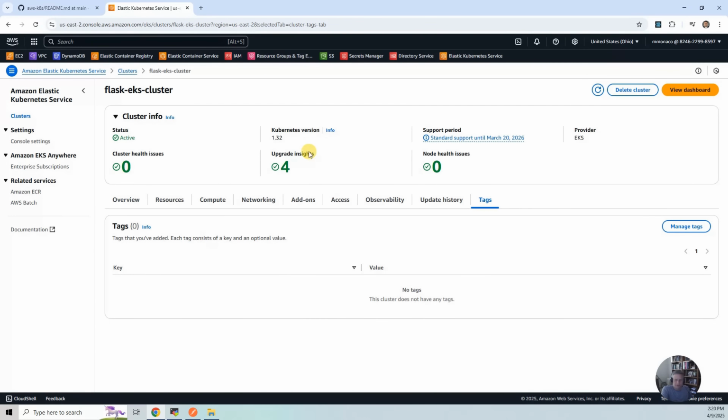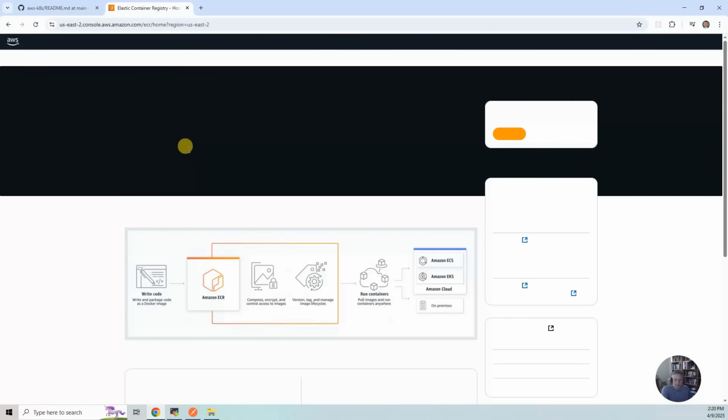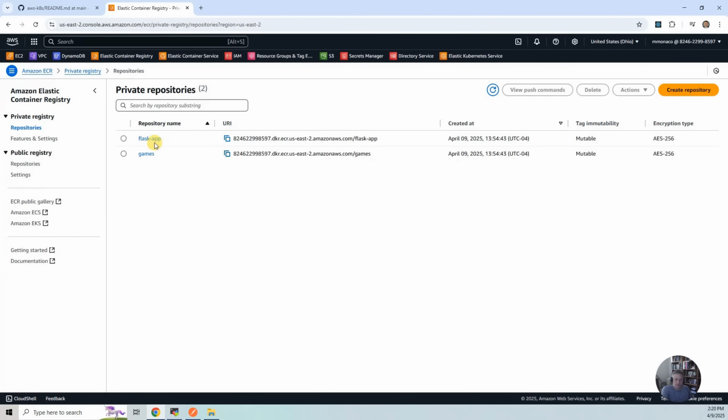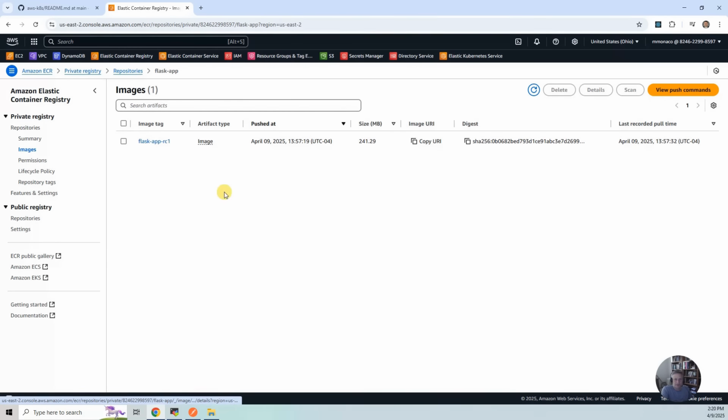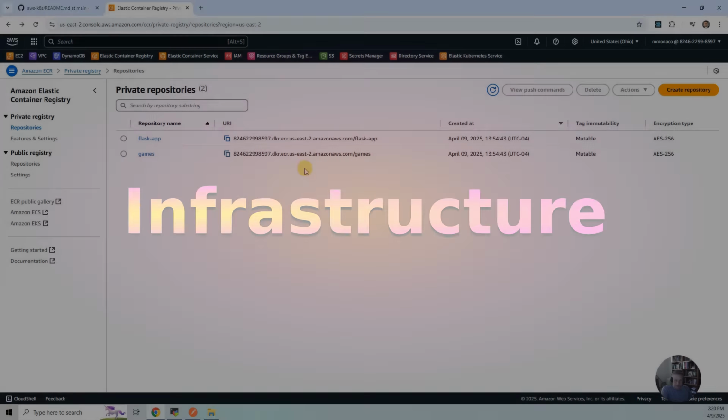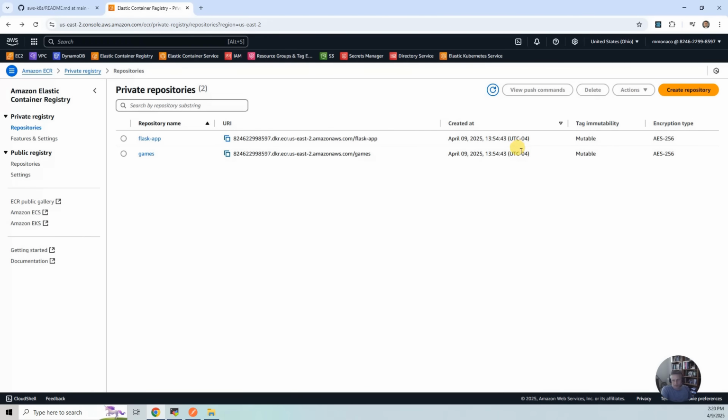But the other thing that we built is the ECR, the Elastic Container Registries. Here's my repository. So we've got the Flask app and the games, and that's where we're pushing our containers in, and that's where we're pulling them from when we deploy with kubectl. So let's look at the infrastructure we were talking about before, the infrastructure that gets provisioned on your behalf. So let's go to the EC2 element in the console,